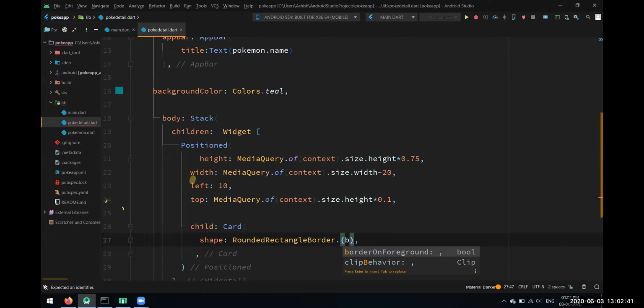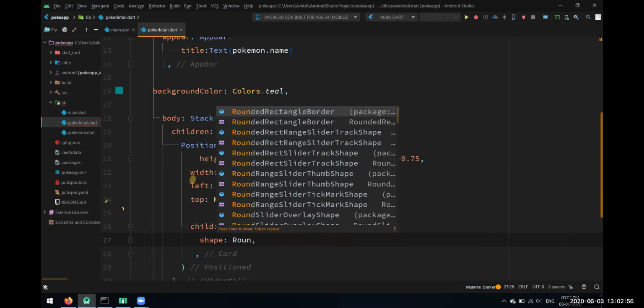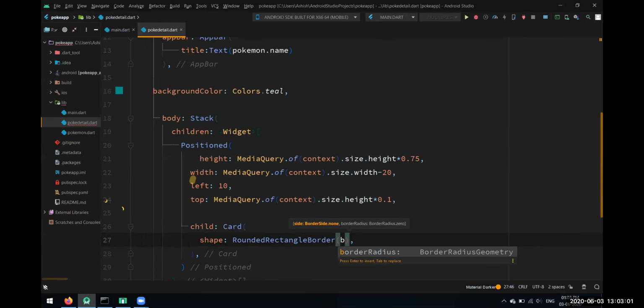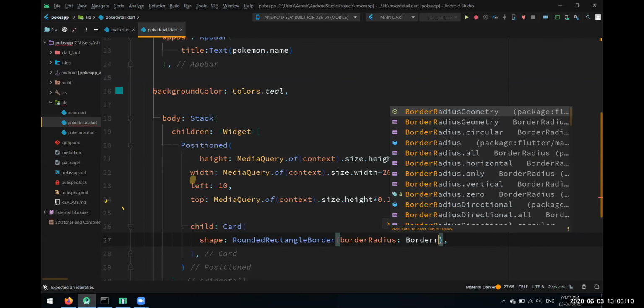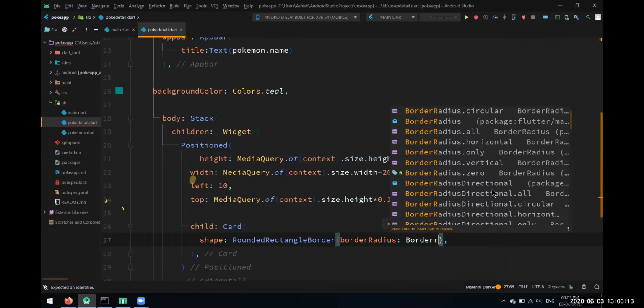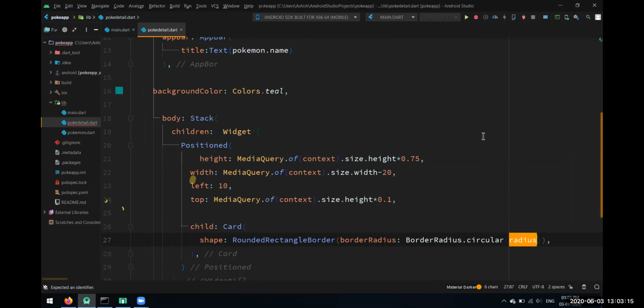We have this RoundedRectangleBorder, and we have this borderRadius property. We'll give it a little bit of circular border, so we'll use BorderRadius.circular.